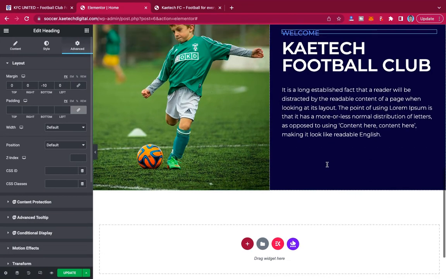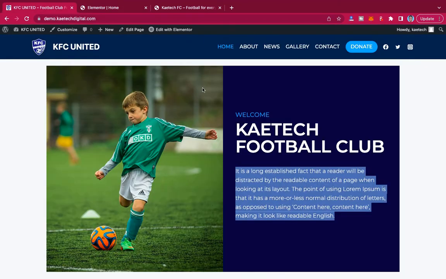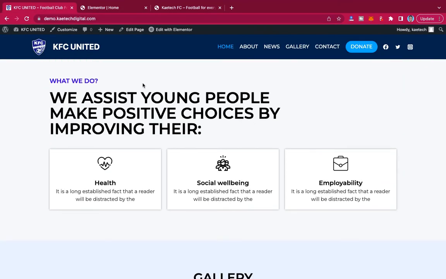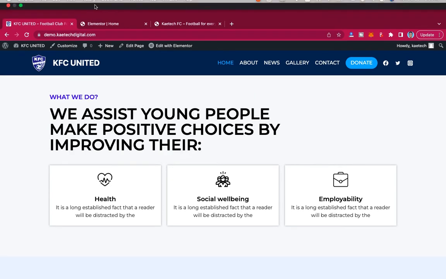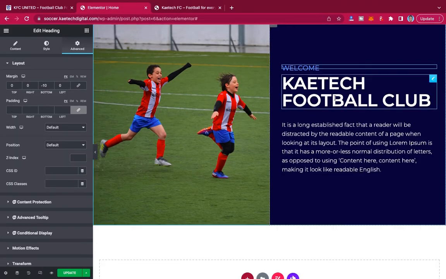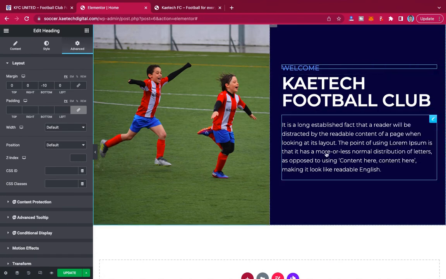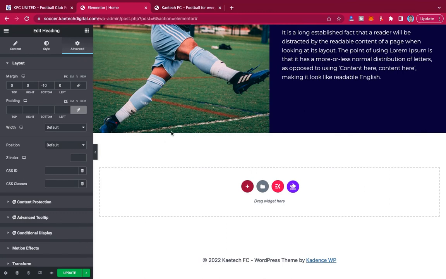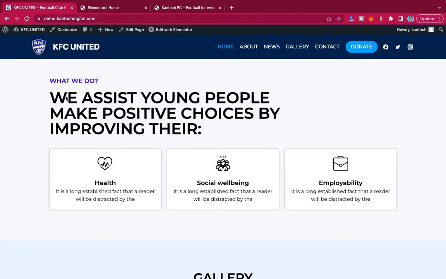So now that we have this one done, the next one that we are going to do is this one over here. Okay, it is very simple to achieve. What I'm going to do is copy this one. Now let me look at this one, how it is done. So this one is what,